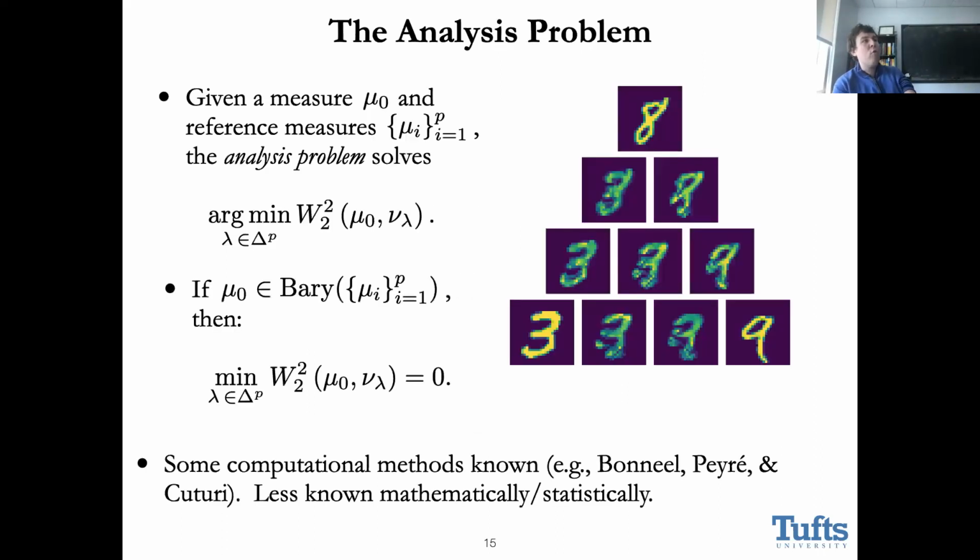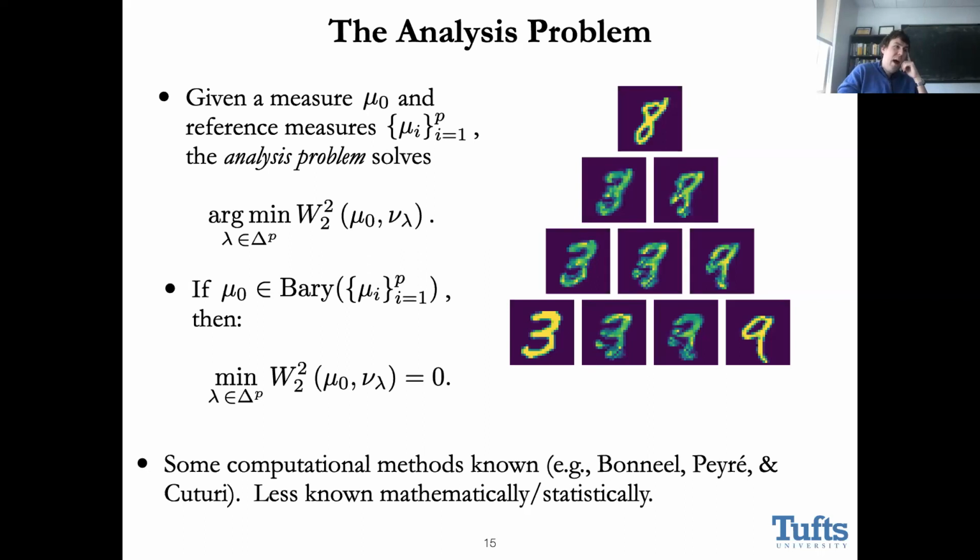We call the problem of learning the optimal set of coefficients to represent mu naught the analysis problem. To someone working in signal processing or computational harmonic analysis, this has the flavor of getting coefficients in some basis of your choice. Someone comes to you with a set of things they want to represent with, maybe you hope it's an orthonormal basis, and there are very nice, very efficient algorithms for getting the coefficients. Here, basic questions are not clear. That was at least our point of departure.